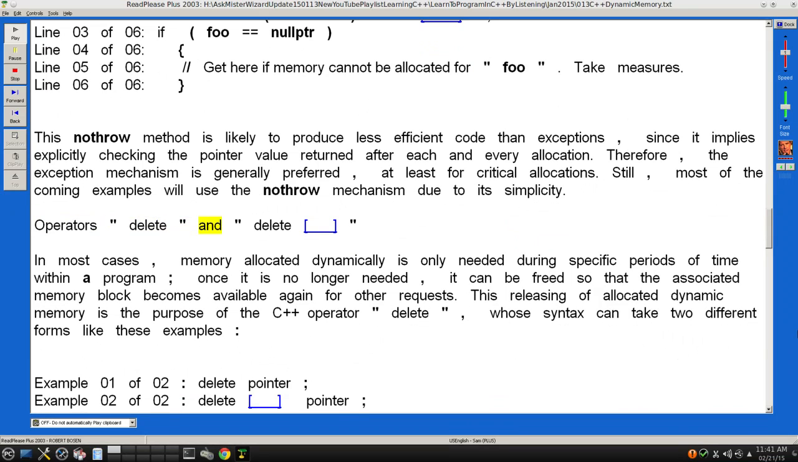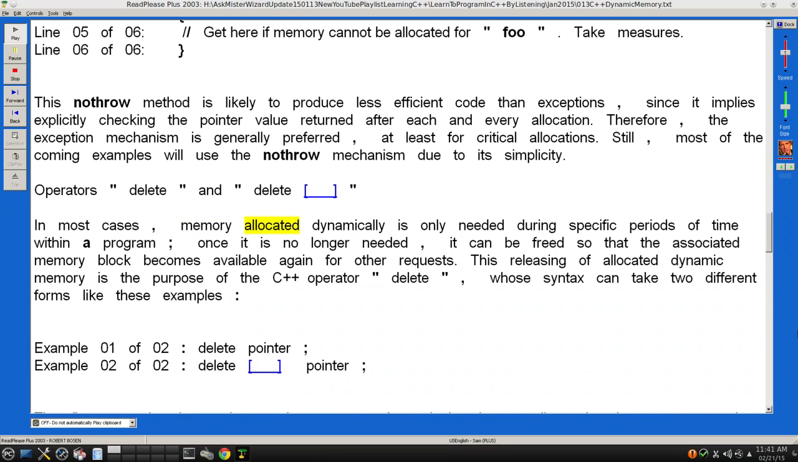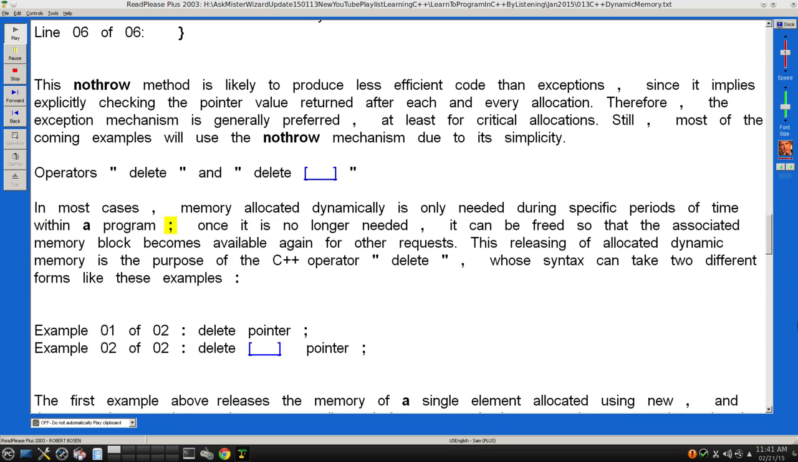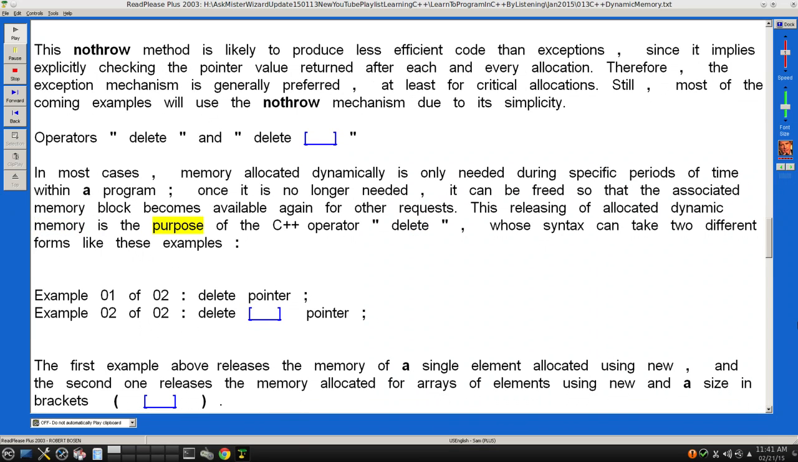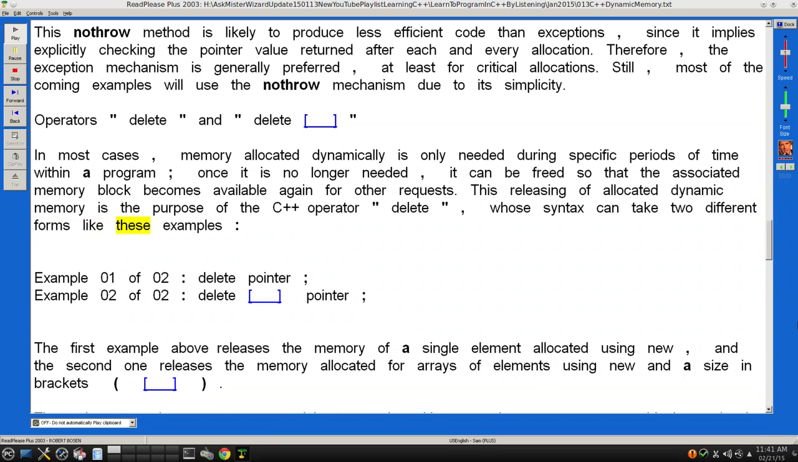Operators "delete" and "delete[]". In most cases, memory allocated dynamically is only needed during specific periods of time within a program; once it is no longer needed, it can be freed so that the associated memory block becomes available again for other requests. This releasing of allocated dynamic memory is the purpose of the C++ operator "delete", whose syntax can take two different forms like these examples: